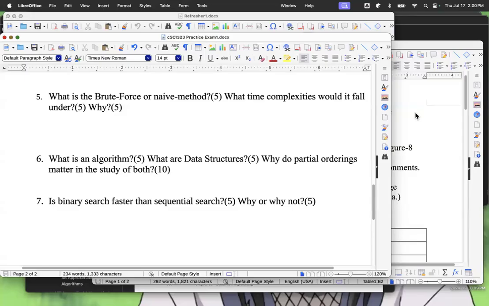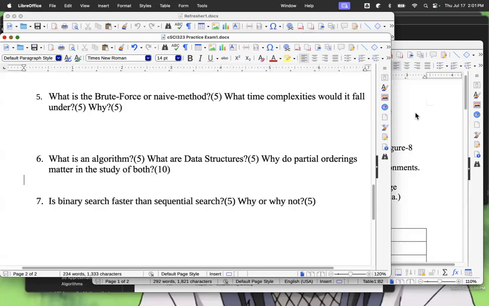So here's the thing. An algorithm is a finite sequence of steps that serve as a solution to a given problem. Now, let's see, what time complexity would it fall under? Number five, brute force method means you're trying everything in hopes that something will work. The time complexity would fall under the exponential time complexity, basically,